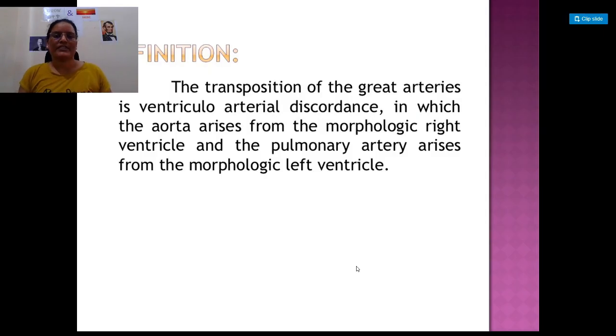Artery. The pulmonary artery is normally present in the right ventricle and the aorta in the left ventricle, but here it is vice versa: the aorta in the right ventricle and the pulmonary artery in the left ventricle. Okay, this is what we are going to discuss. Transposition of great arteries is ventriculo-arterial discordance, in which the aorta arises from the morphologic right ventricle and the pulmonary artery arises from the morphologic left ventricle,